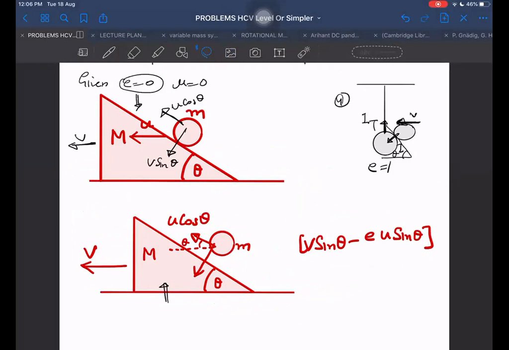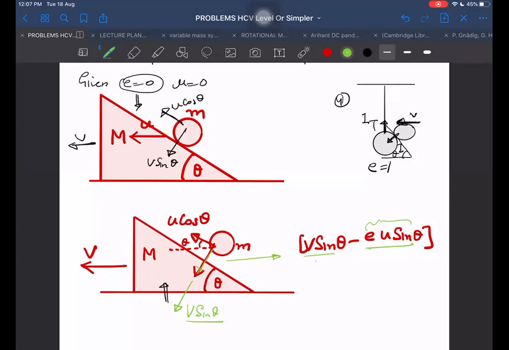Because now I know the velocity of the wedge. Let me represent it in a different color, the velocity of the wedge. Let us say the velocity of the wedge in this direction is represented by this color. This velocity is v sin theta, that is of the wedge. But the velocity of approach of this body here will be v sin theta minus e into u sin theta, so that the velocity of separation of the wedge with respect to the ball comes out to be e into u sin theta. Because the relative velocity of separation should be e into u sin theta. So therefore, what should I take its velocity to be? I should take its velocity to be v sin theta minus e into u sin theta.